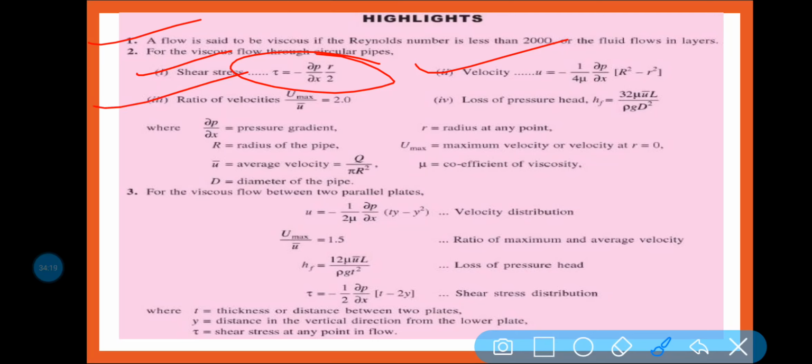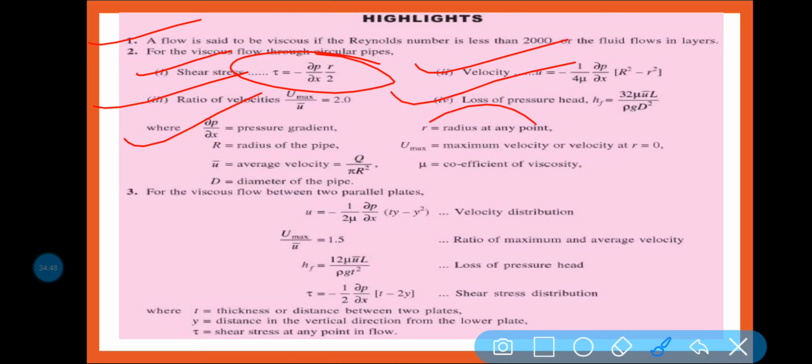Ratio of velocity U max by U bar is equal to 2. Loss of pressure head HF is equal to 32 mu VL by rho g D square. Del P by del X is the pressure gradient. R is the radius. U bar is the average velocity, that is equal to Q by pi R square. D is the diameter of the pipe. r is the radius at any point. U max is the maximum velocity, or